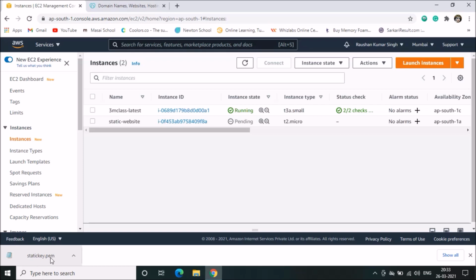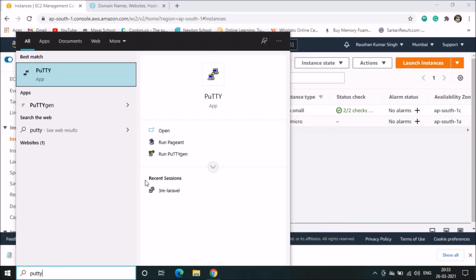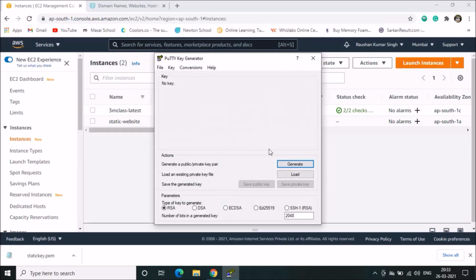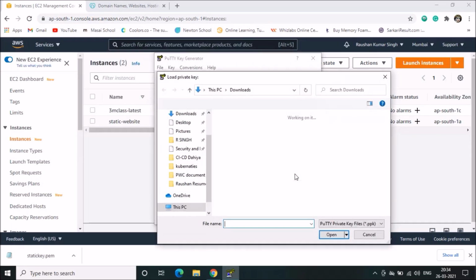Meanwhile we will convert this .pem file to a ppk file, so that from our Windows machine we can connect to our server. For that we need to go to PuTTYgen, then click on load.